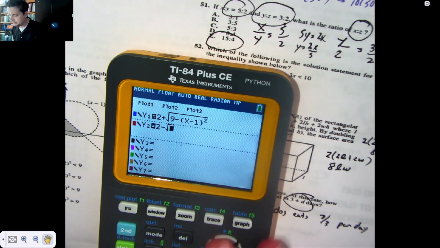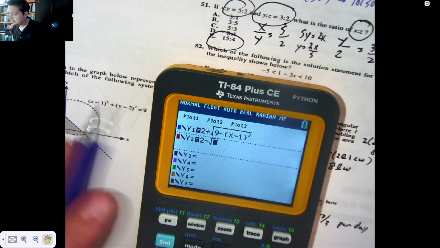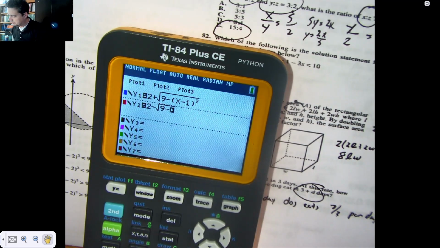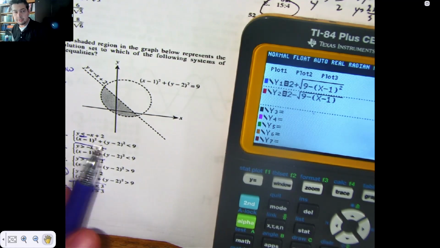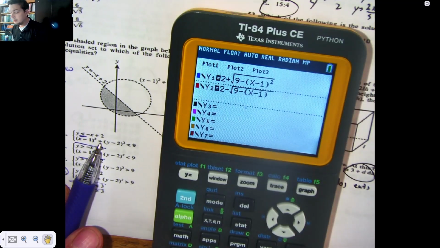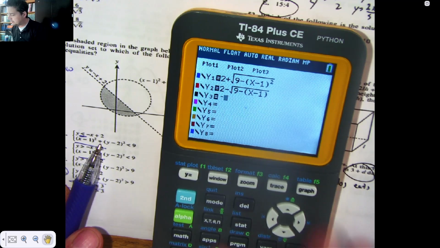What I'm doing is I'm solving these equations for y. Maybe you get what I'm doing, maybe you don't. Sit there and think about it if you don't. But I'm solving this for y. Okay, I took this equation, solved it for y. And the other one is negative x